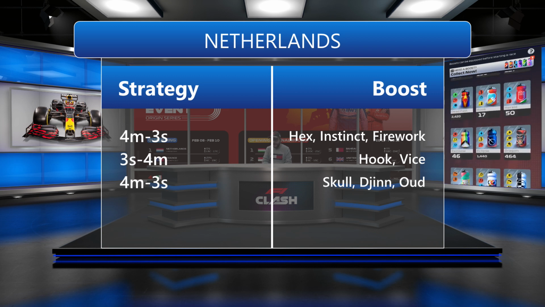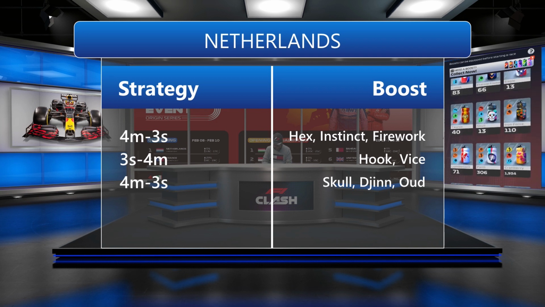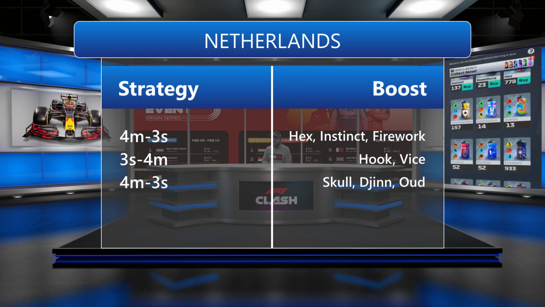We all know Hex and Instinct, speed and overtaking, and let's remind you a little bit of Firework, where we have speed, overtake and acceleration. So if you go with these strategies, it means that you are aiming for the first plan, which is speed and acceleration and of course overtaking, but you can always choose to go